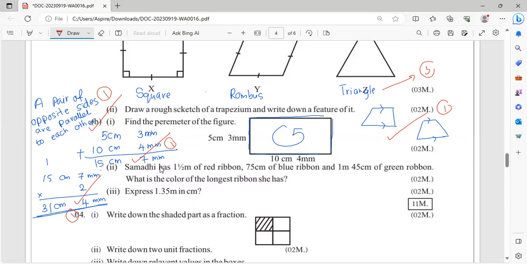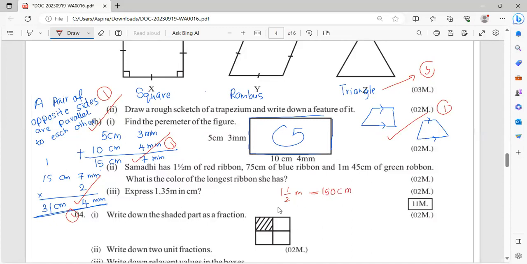The best way is that all the given measurements should be converted into one unit. So to do so, you have to write them. 1.5 should be written in centimeters. How do we write it in centimeters? 1 meter means 100 centimeters. Half means 50 centimeters. Then